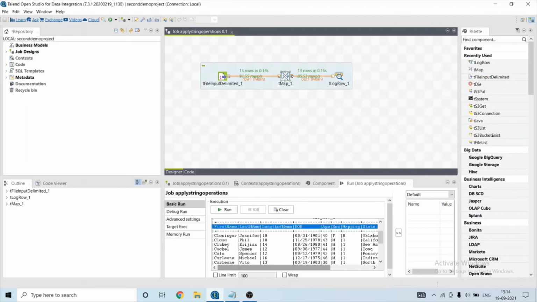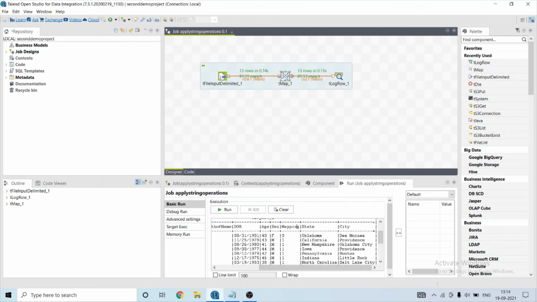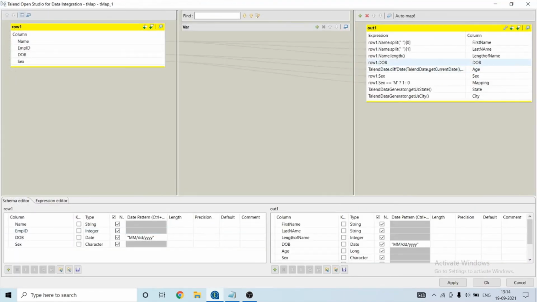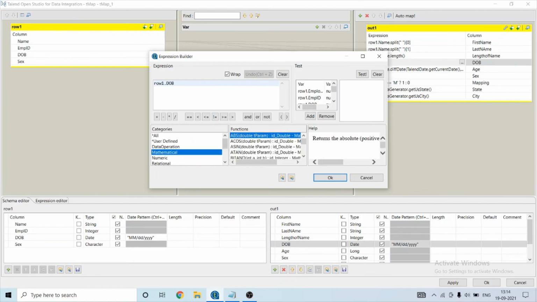So as you can see, I've performed various operations here, that is splitting of name into first name and last name, calculating the length of the name, calculating the age depending upon the date of birth, creating a mapping from the sex column, and generating a random value of state and city. You can perform various other operations depending upon the various categories.